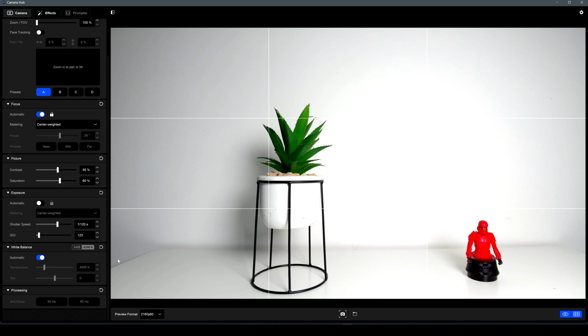So as we can see, the scene is now brighter than it was with the automatic exposure settings. Probably it's a little bit too bright, so let's lower it because my light is really bright. I will change the ISO to the minimum, which is 100. So as we can see here, if we change the contrast, for example, let's put it again to 60%, we are still having an amazing bright scene